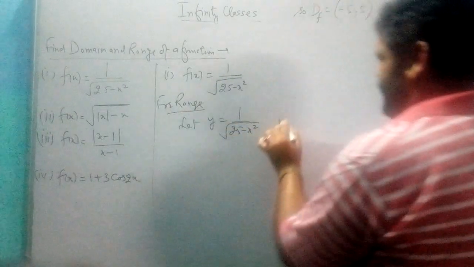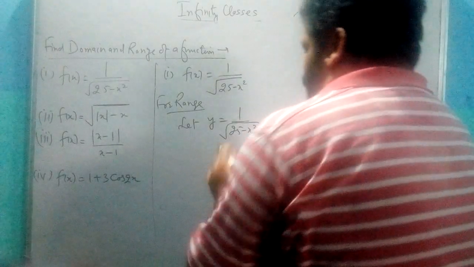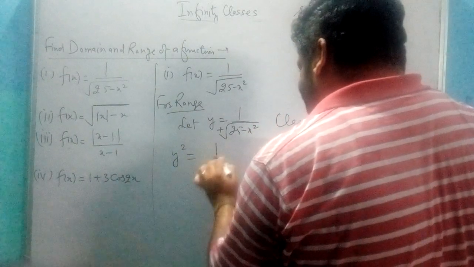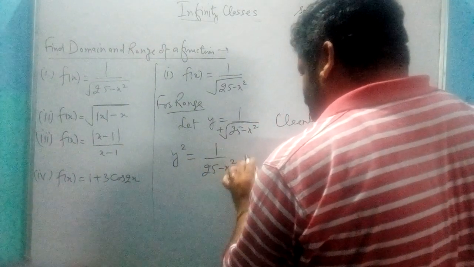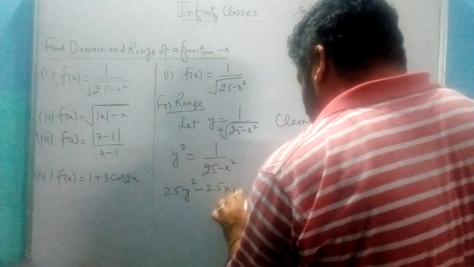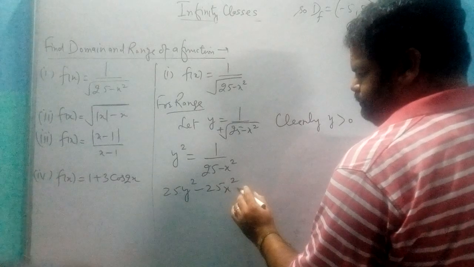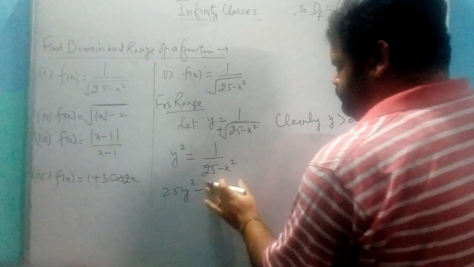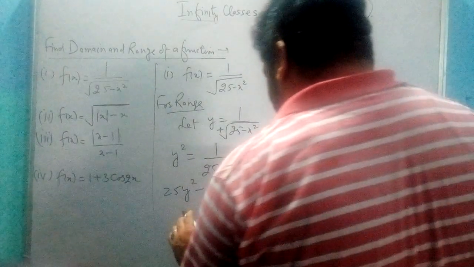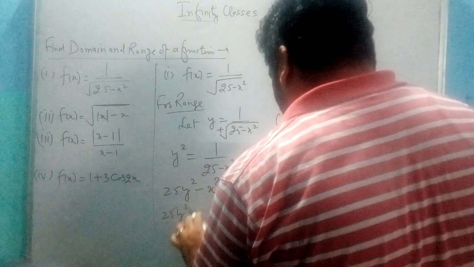Clearly y is greater than 0 because here is the positive sign of the square root. Squaring both sides, cross multiply,